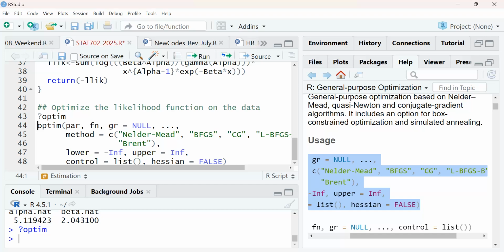But we don't know, so you have to choose some value. For example, we generated the data from the gamma distribution with 5 and 4. We don't know that, so we are going to choose, let's say, 2 and 2. Okay, so let's say 2 and 4. We are outside it, but it will iterate and come back.